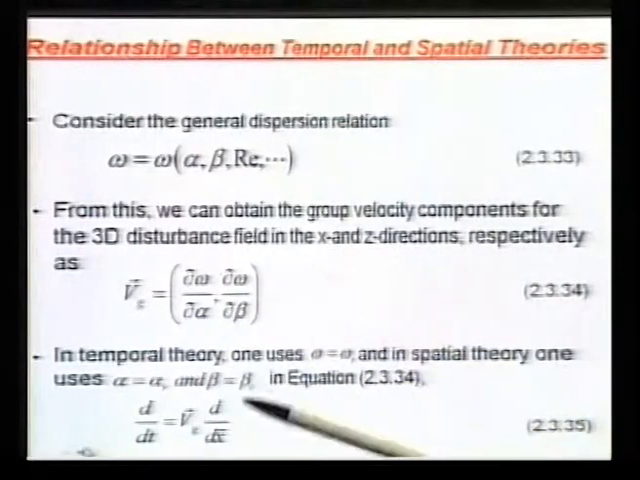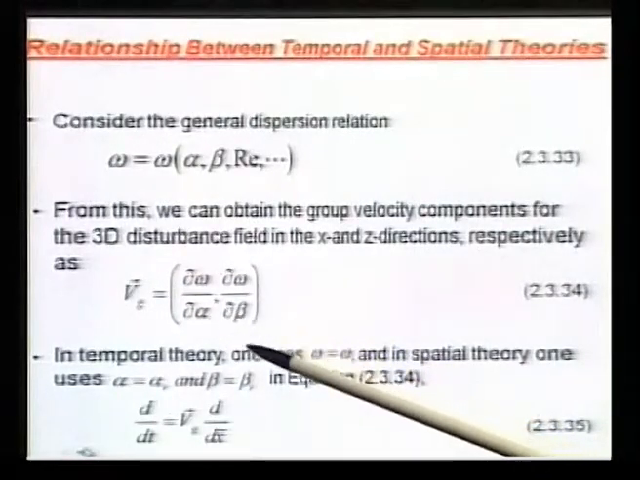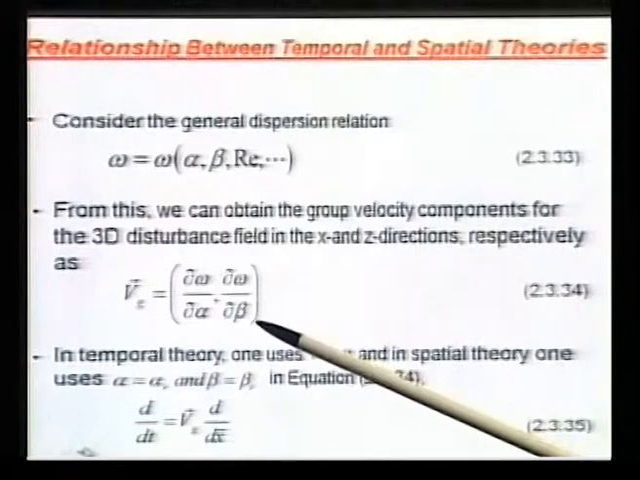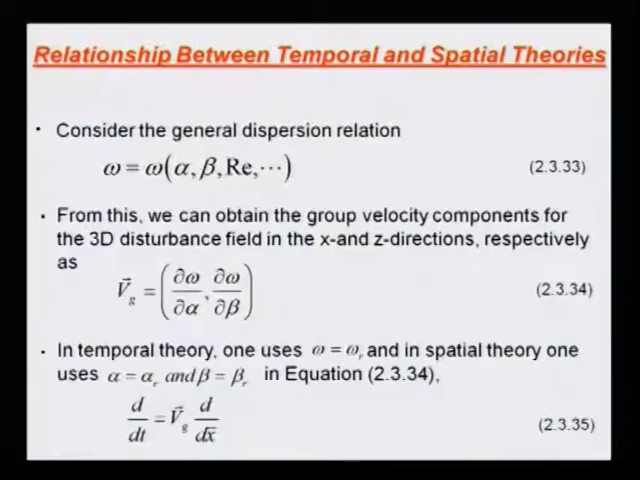Now, in the spatial theory, omega is real, but you do have combinations of alphas and beta r's, and if you differentiate them, you get the corresponding group velocities. So, different alpha, different beta r's will go in different directions defined by the group velocity. However,